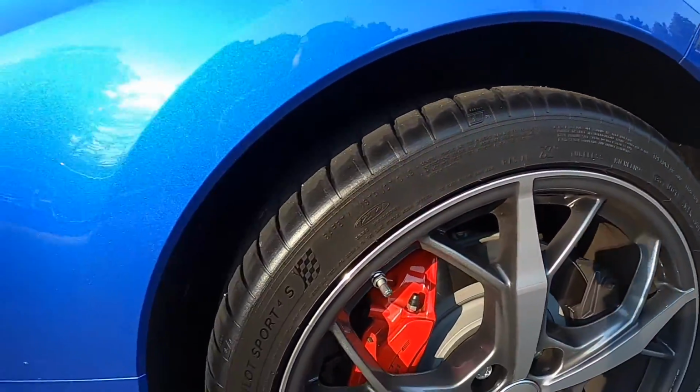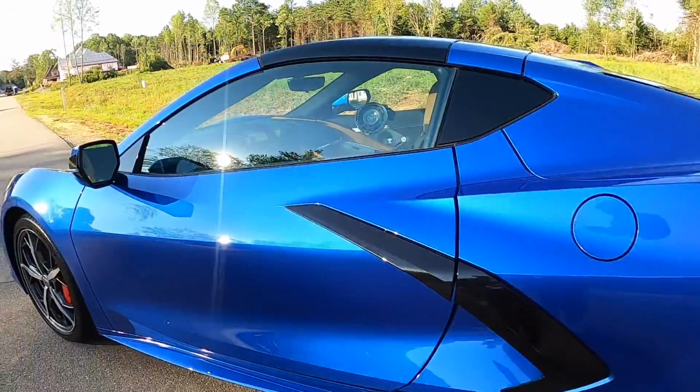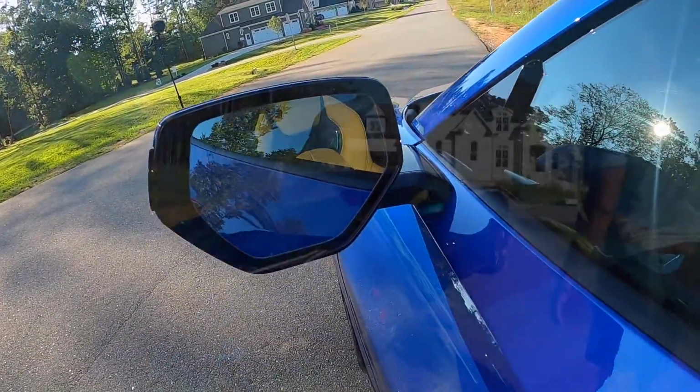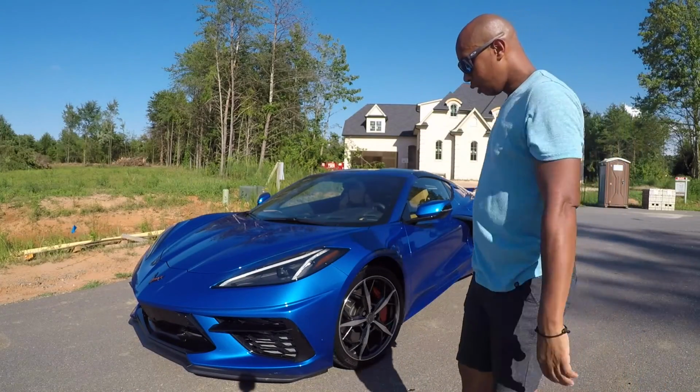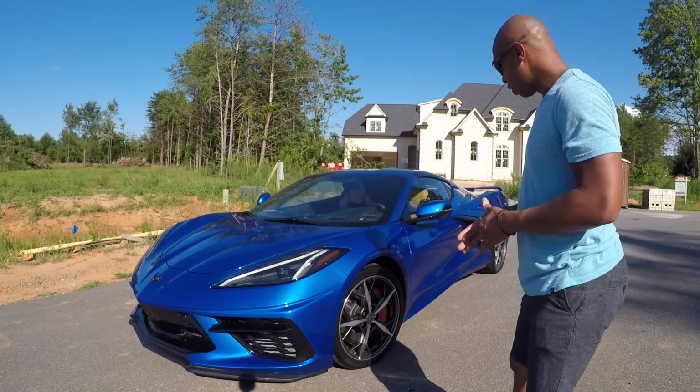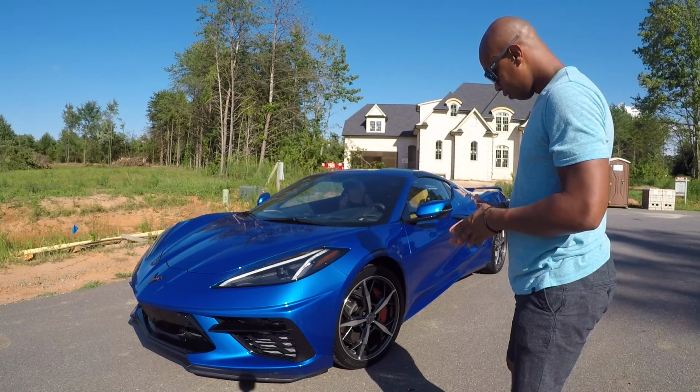Obviously in the front, you're gonna have your 19-inch. These are 245/35/19s in the front, and then you're gonna have 305/30/20s in the back. They're also on a Michelin Pilot Sport 4S,